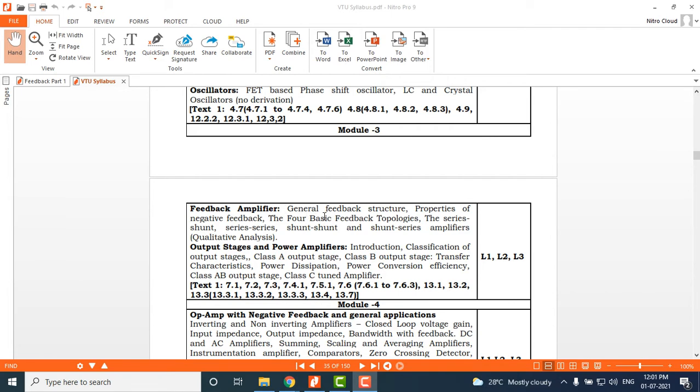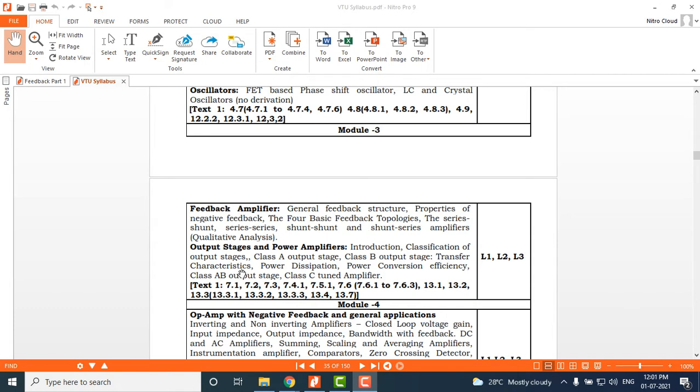It's full of block diagrams followed by a few mathematical derivations. So it is very easy to study, because remembering block diagrams is very easy, and only a little bit of theory is required. It is not so complicated as we have seen in modules 1 and 2. In modules 1 and 2 it purely depends on circuits, but here it is purely block diagram based. Writing block diagrams is very easy compared to writing circuit diagrams. There are a few equations also that will come across, followed by a little bit of theory.